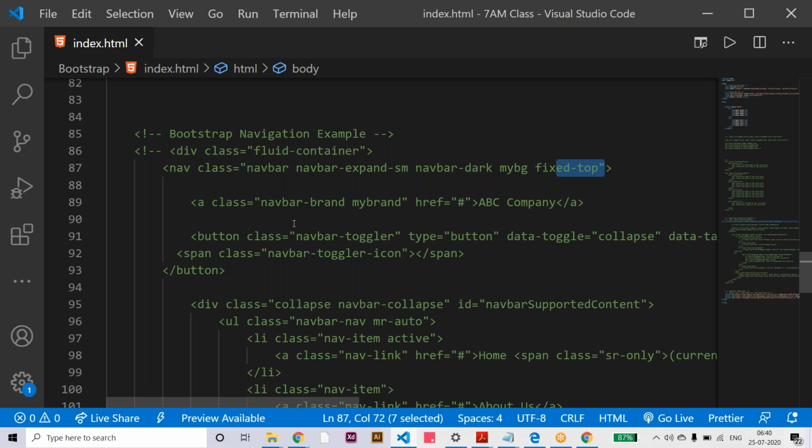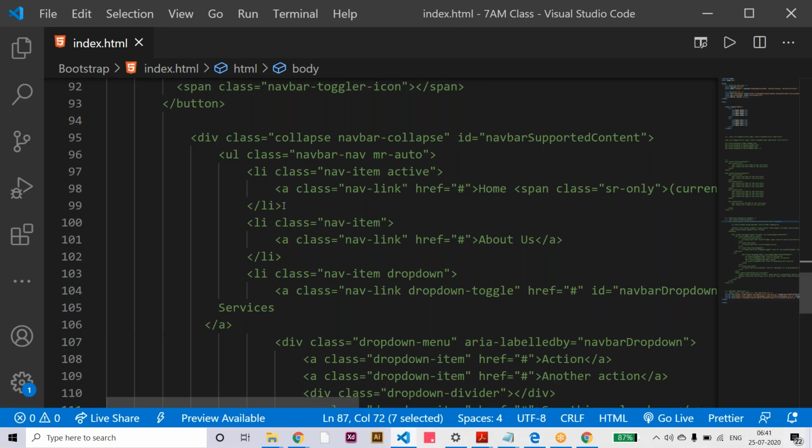Again, when it comes to the dropdown and navigation, see here in the ul class, navbar-nav and ms-auto. For alignment, use margin auto, but navbar-nav is the class for displaying it the proper way. And again for the list item, nav-item.